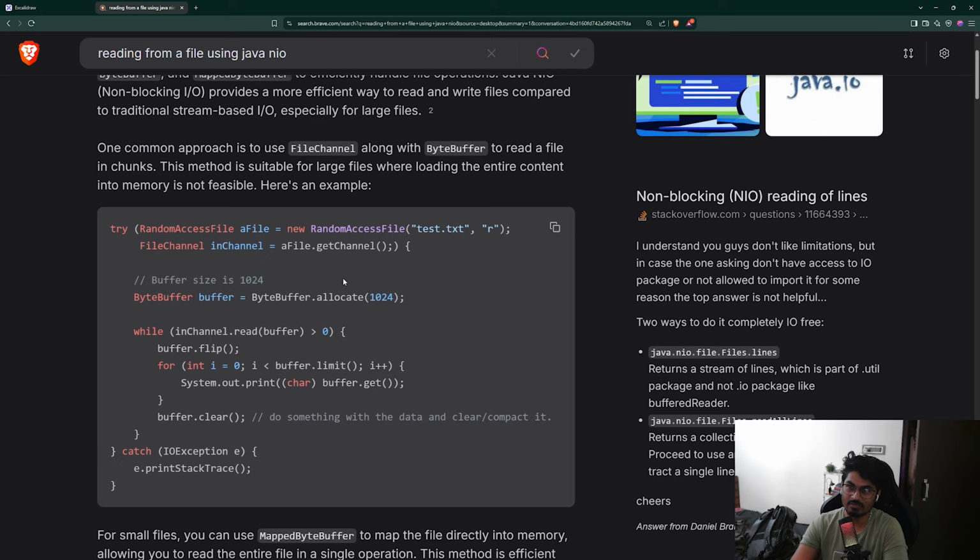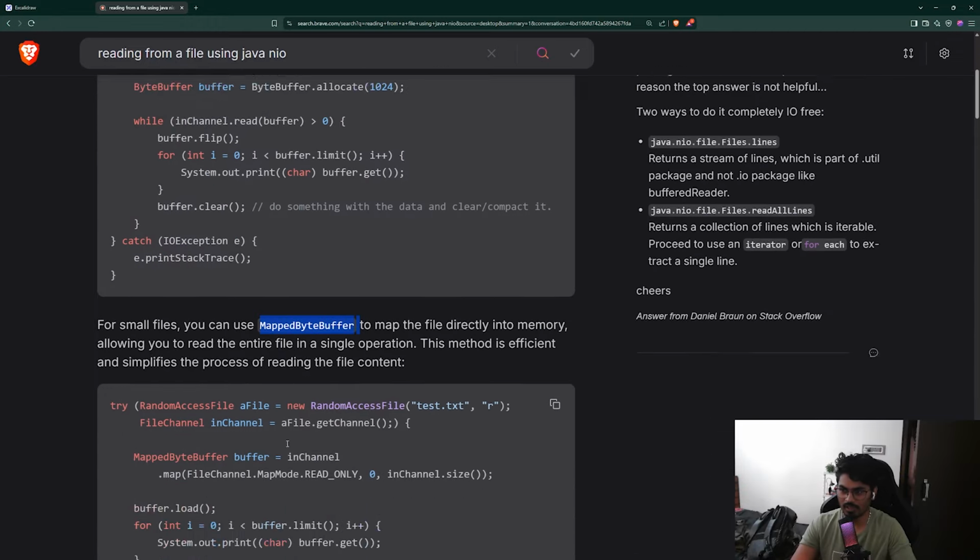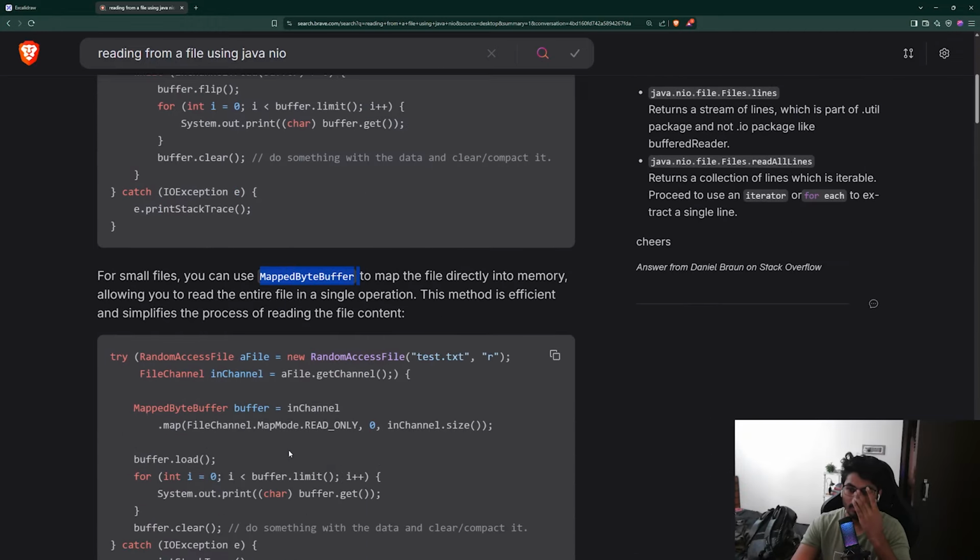There is a Java 1 billion row challenge also. What if I tell you that you have to read 1 billion rows from a file? This is the first method you have to do it. There are other things like pages and all you have to use in memory, but this is one method. You are opening up a file, you are making a channel, then you are reading the file. For small files, you can load them